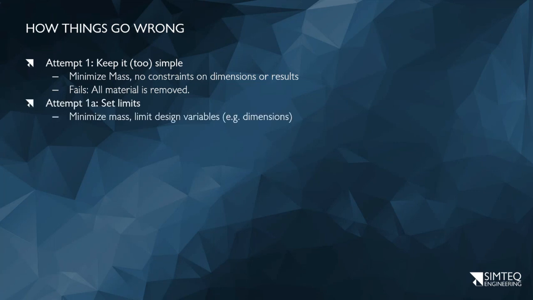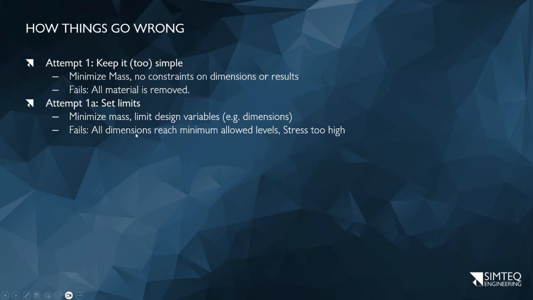Okay, so then we say, I need some kind of a limit. So we still keep the same. I still want to minimize the mass, but now I want to limit the design variable. So in other words, something like dimensions. Think again of that I-beam section. So in that case, what will the result of this be? Well, pretty much the same as before, except